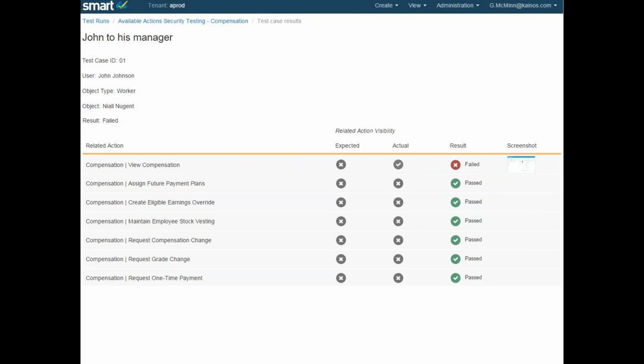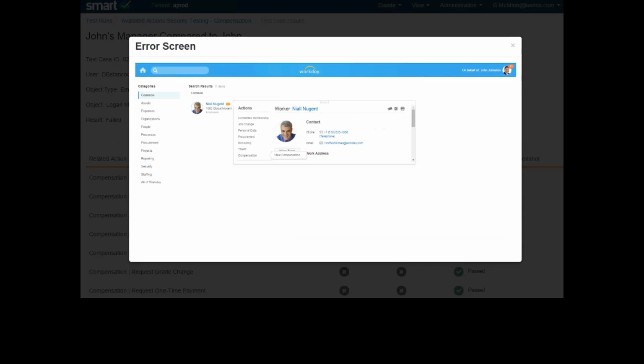At this stage, the user is John Johnson. We're checking against an object of Niall Nugent. And we expected that John Johnson, based on the security that he has been set up with in Workday, should not be able to see any of Niall Nugent's compensation. But we can see here that our expected result does not actually meet our actual result, and Smart has marked it as a fail. Again, we take a screenshot, and if we click on that,